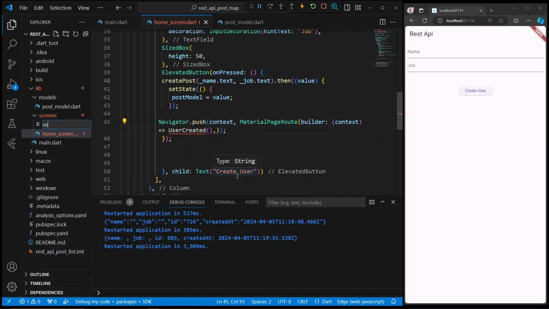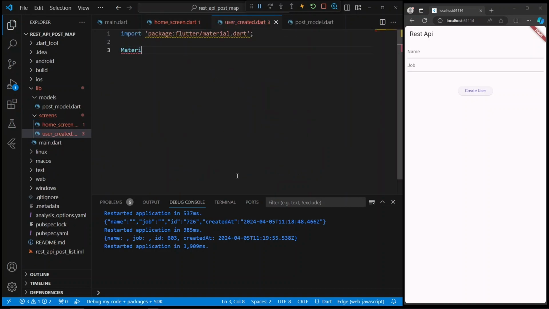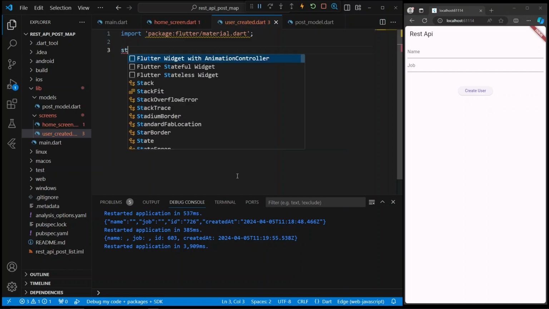And now create a new dart file and add a package. Create a new class.